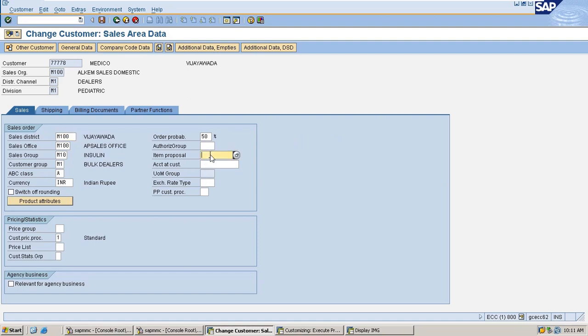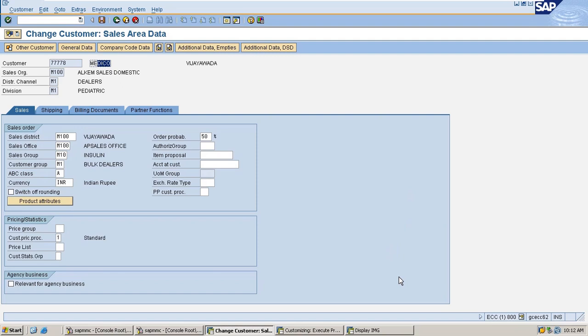Okay, then the next one is item proposal. What exactly is the item proposal here? It lists the materials which the customer regularly orders, and calls the list while we are creating the sales order. Item proposal mainly saves the time of the end users. For example, if this customer Medico is placing orders for Dolo 650 as well as Budecot 400 and Levolin, these are the three materials for which the customer regularly places orders.